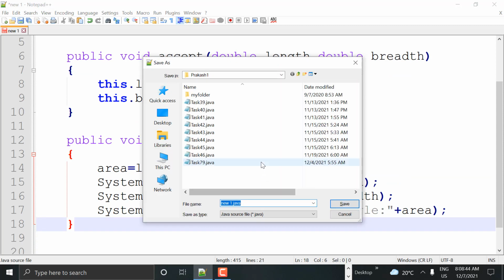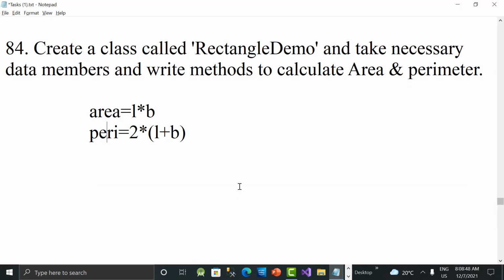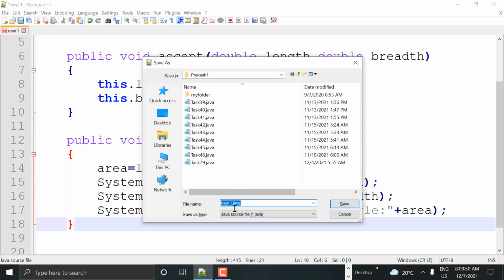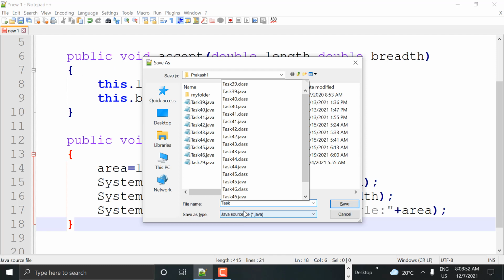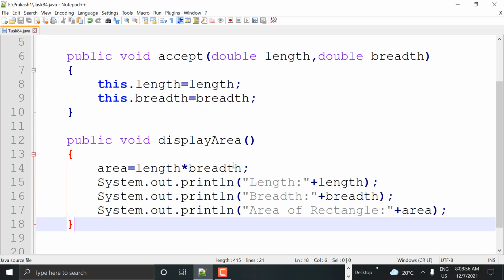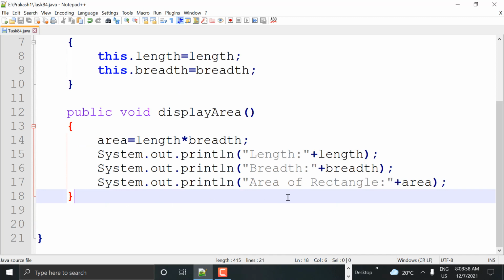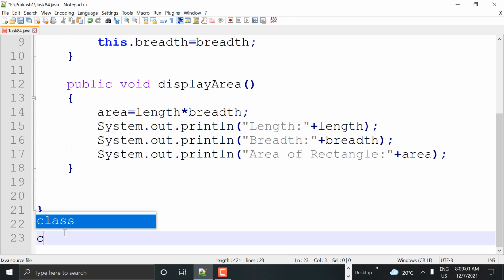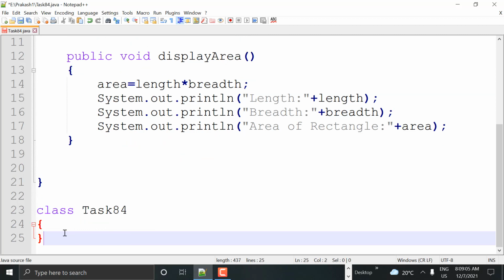Let me save it, guys. Control S, saving as what was the task number? 84, right? So I said Task84.java. Let us create a class called Task84, so that there is no issue with the naming conventions of file names.